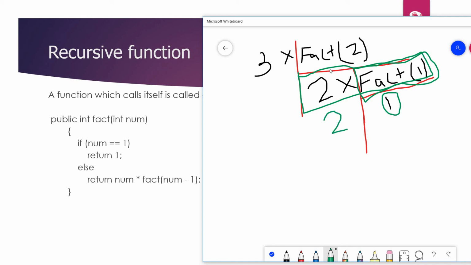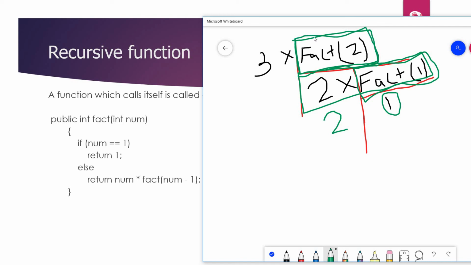So the entire evaluation of this function or this statement will result to 2, which is the output of this part, right? Because this part resulted into this part, okay, and then this part resulted into this part. Due to that, the factorial of 2 will give you the value as 2.